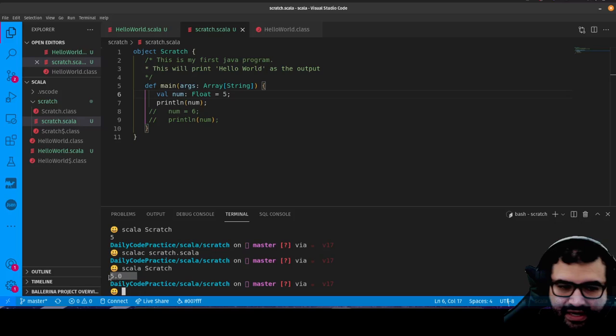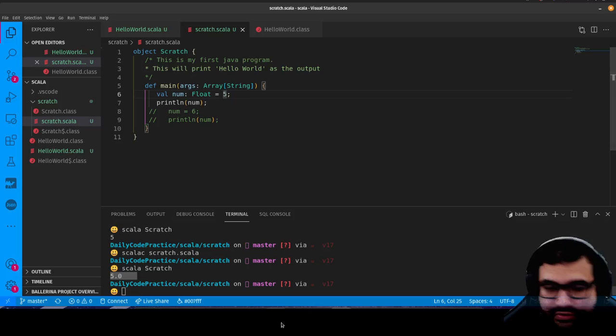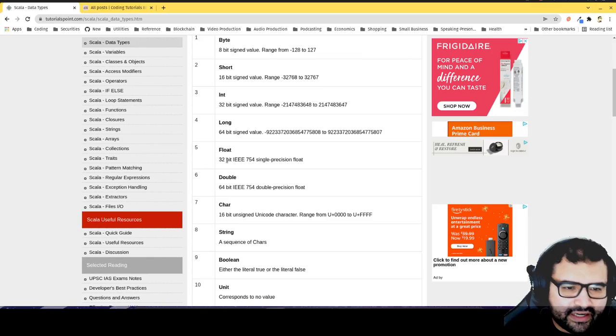And you see, because I typed it as a float, it appears as a floating point number when I print it. But had I just asked it to be implicit, it would have come up with an integer because I didn't use a decimal there, so it wouldn't have inferred a float. So there are times you want to be explicit, a lot of times you don't have to be, which definitely saves you writing a lot of code.